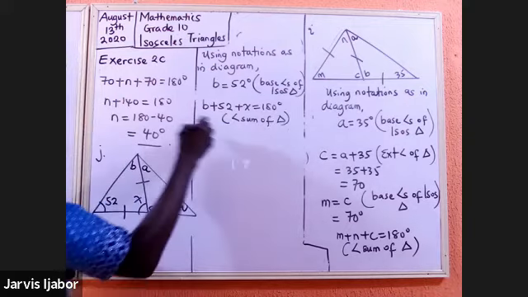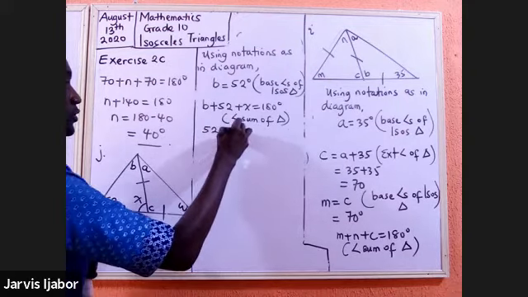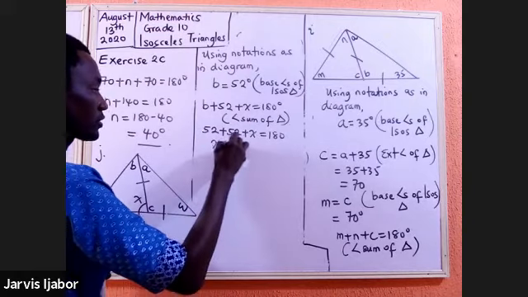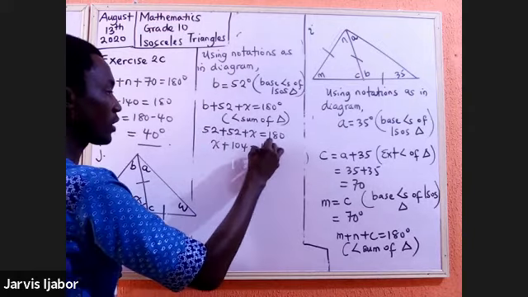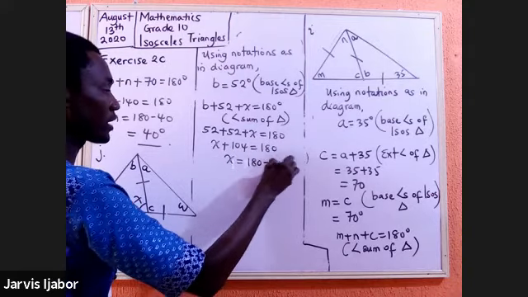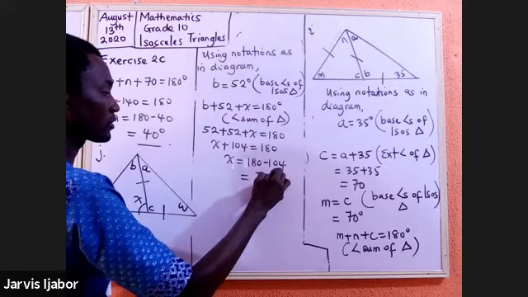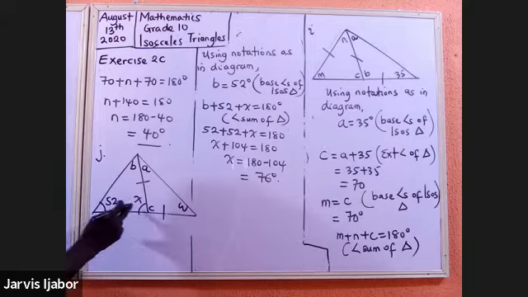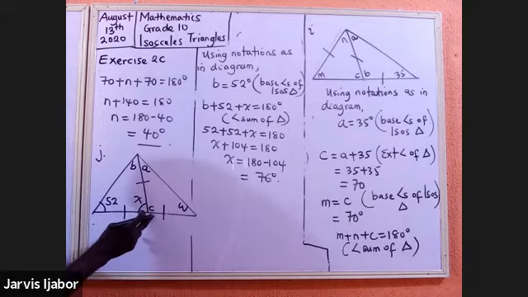So that is 52 plus 52 plus X equal to 180. X plus 104 is equal to 180 degrees. X will be equal to 180 minus 104, and that will give you 76 degrees. So I've gotten X. So we can get